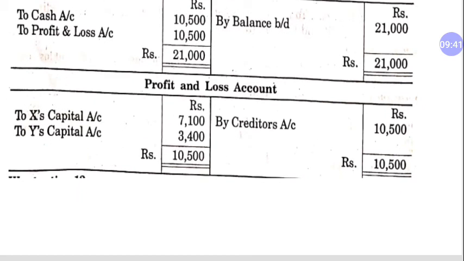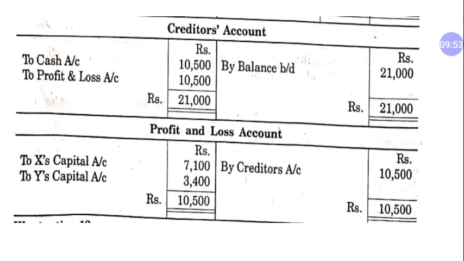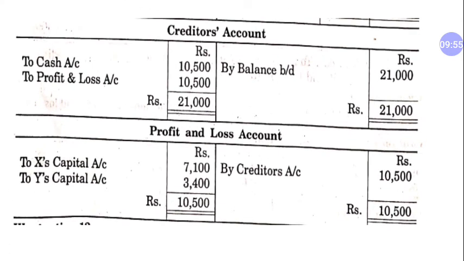When you distribute 10,500 in the profit sharing ratio, definitely you will get the same answer. Okay, so my dear students, this is the way to solve questions related to the insolvency of all the partners, and I hope you understood all three methods. And if the question is silent about which method you have to apply, dear students, you can apply any method by putting a related note at the end of the question.